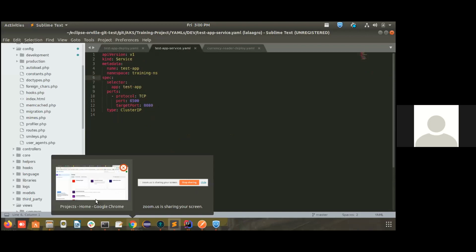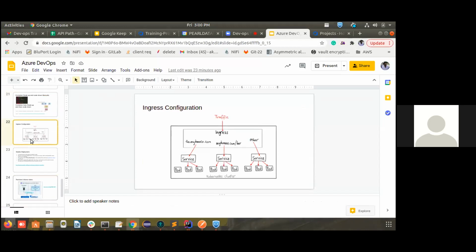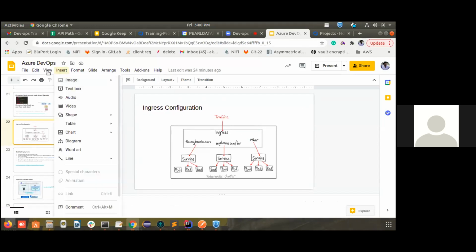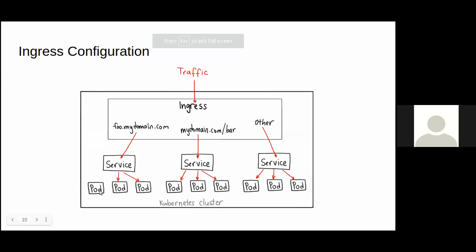As I mentioned earlier, I'll go back to my slide and try to explain with this. As Firman mentioned, there will be multiple pods deployed like this: pod 1, pod 2, pod 3. All will have the same source code and same images, but multiple replicas of the application are created. I guess everyone understood what Firman is asking. If all the pods are deployed with the same port, how will it be accessed from the outside world?